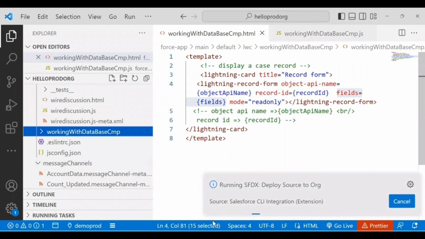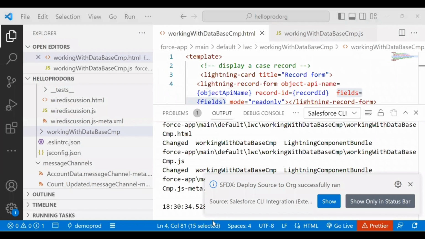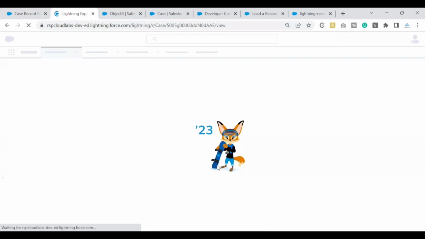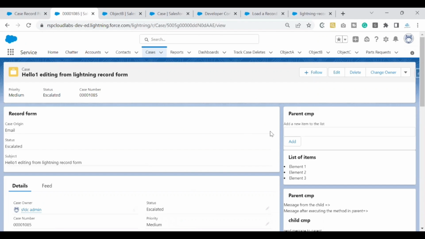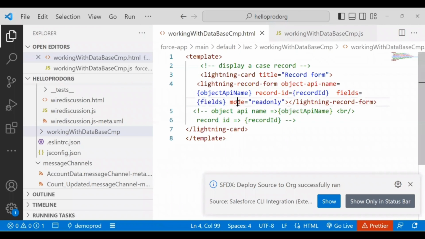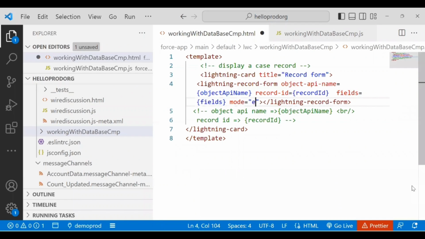Once the deployment is successful, go back to our Salesforce org and refresh here. Now, if you see here, I do not see an option to edit these fields. The reason why it is happening is because I've marked that component as read only. How did I do that? By using the mode. If I change this mode to edit, save this one,